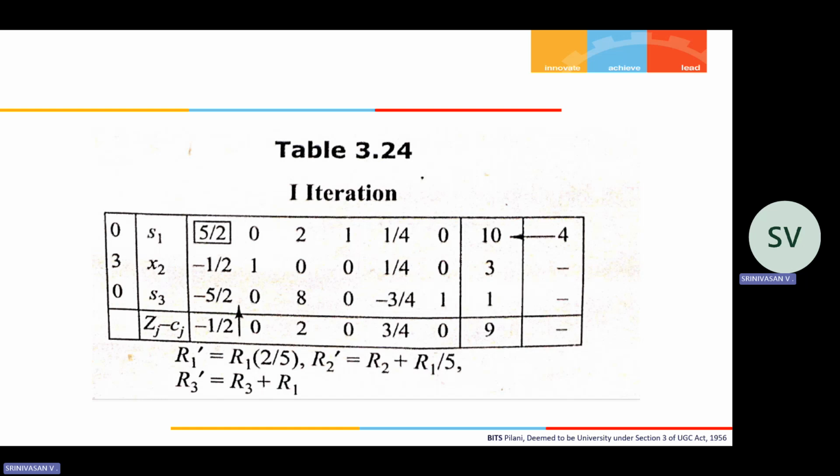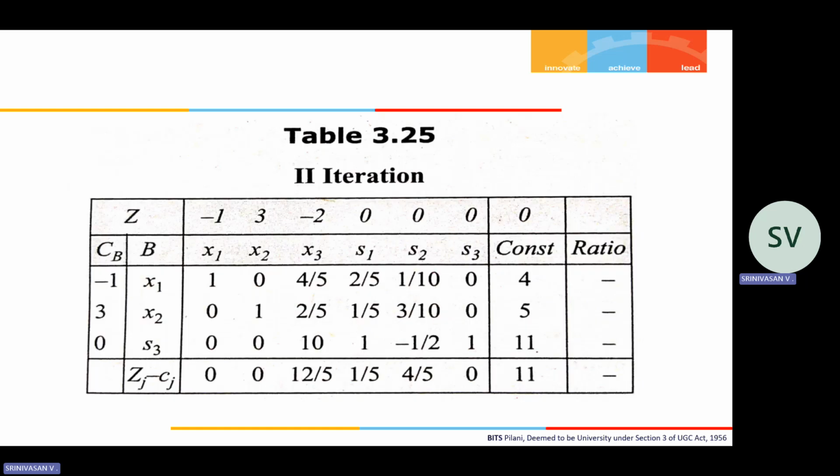So what is your R1 dash, that is new R1 into 2 by 5. That is 5 by 2 into 2 by 5, it is made 1. Similarly, you find out this makes 0, this is to be also made 0. So new R2 is existing R2 plus R1 by 5. Similarly, R3 dash is R3 plus R1. So all these things you do, minus 5 by 2 plus 5 by 2, 0. So the new table now, second iteration table, is now,